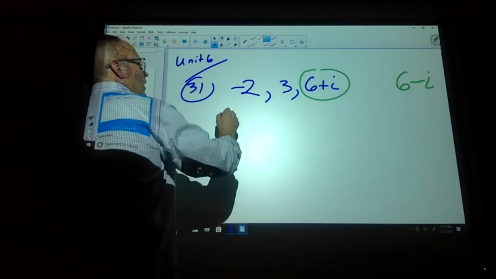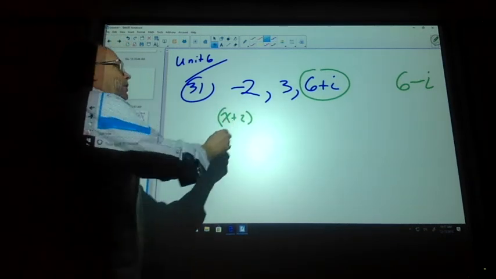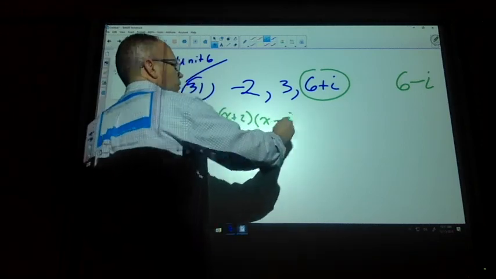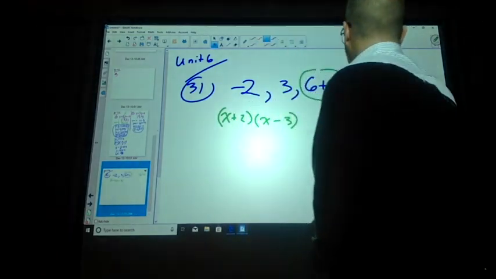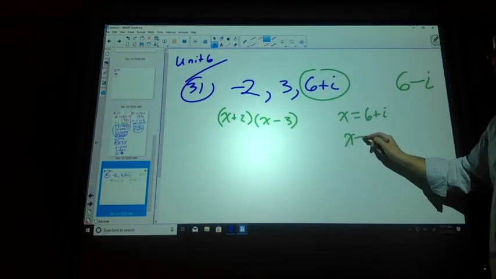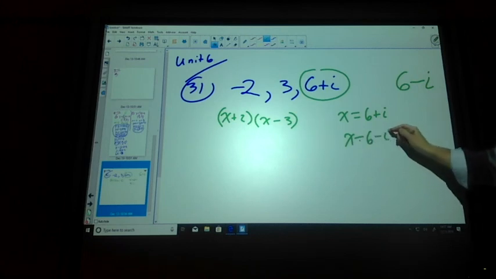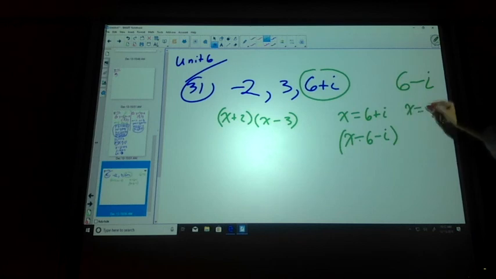Alright, so this is going to give me x plus 2 as a binomial. You okay with that? This is going to give me x minus 3 as a binomial. Are you okay with that? But then I want to take care of these. So these are the kind of the strange ones to figure out. You're like, okay, I got that. So that means I have this. It's off of this. And then if I have this as my other one, that means that goes with x minus 6 plus i.